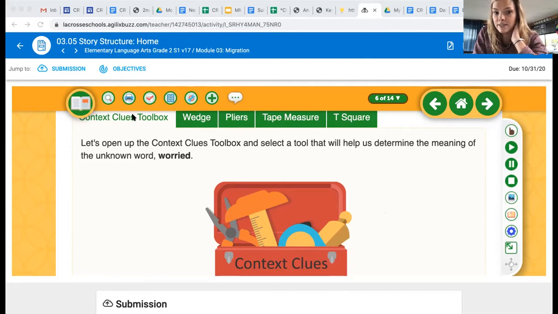An interrogative sentence is typically when you're asking a question. And remember, whenever we ask a question, we always follow it with a question mark as our punctuation. My example sentence is, do you know my friend Sarah? And once again, you see the question mark there at the end.